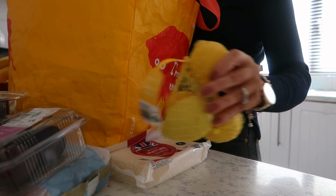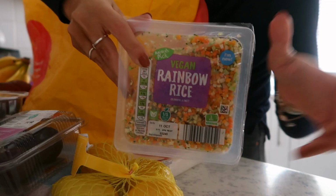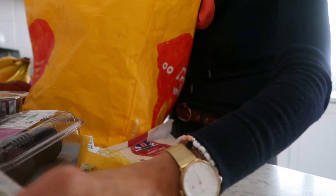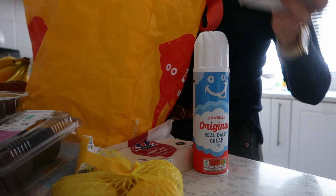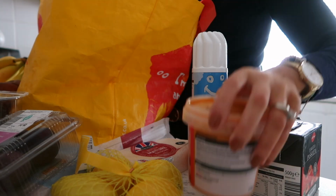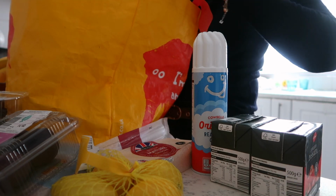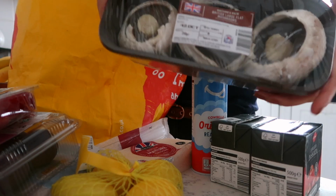I have some lemons here, and this is really interesting. I found this rainbow rice, which is just shredded vegetables with a ricey consistency, which I thought was fantastic. So I picked up one of those to give it a try. I have some squirty cream here, 2 cartons of Pastica. I also have some mascarpone ready sauce, some oranges, because believe it or not guys, I've run out of oranges, which is insane. I have some raspberries as well, flat mushrooms that I like to have with